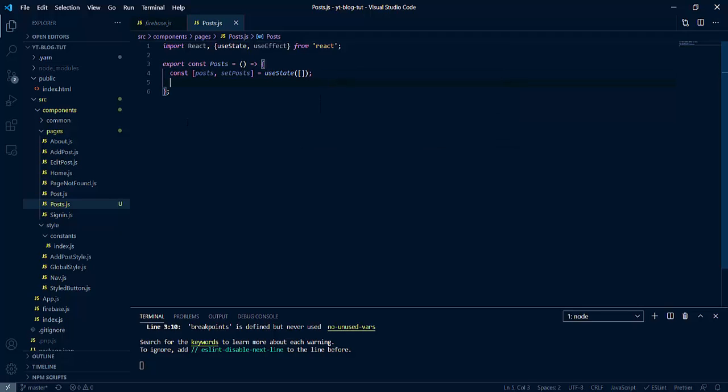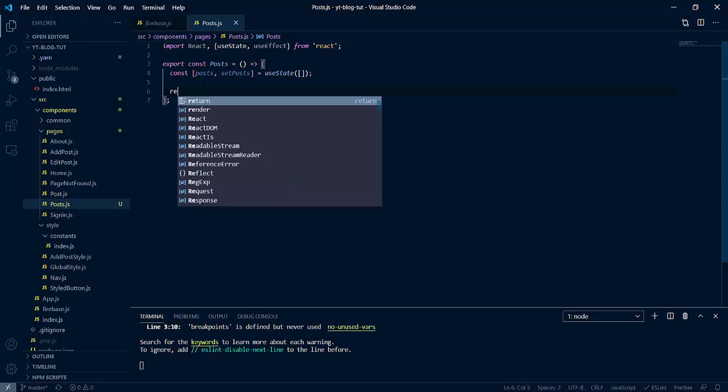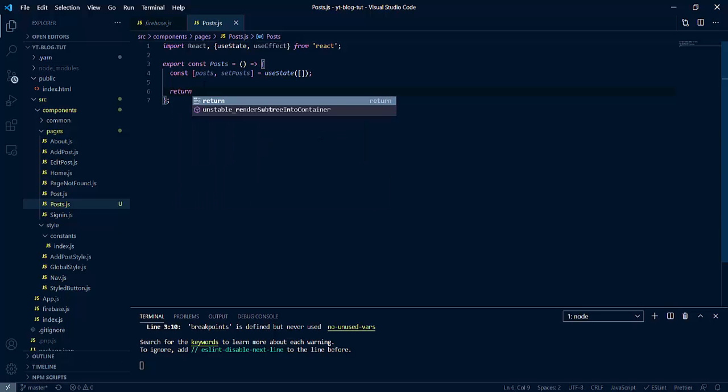And so we'll read the posts from the Firestore database into posts here using setPosts to assign it. And so then this is going to return,